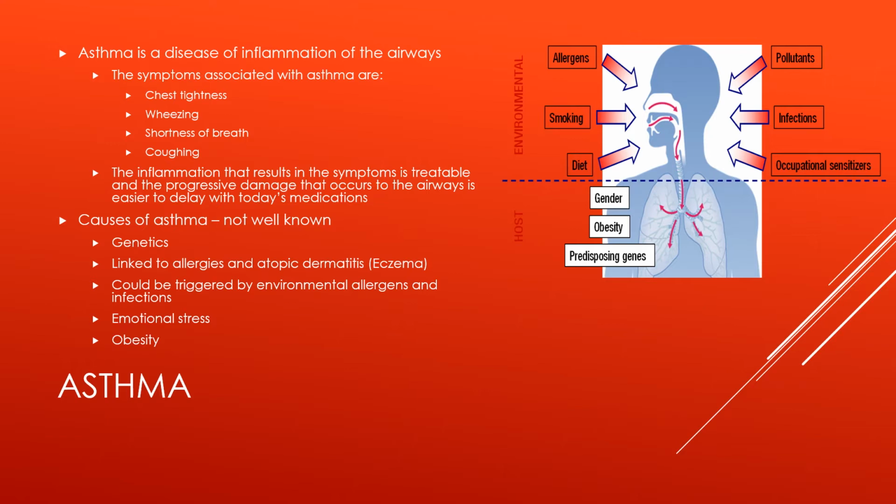So what causes asthma? What are some of the well-known causes? Number one, there is a genetic component to asthma. A lot of people who have moms and dads who have asthma, or uncles and aunts, could end up getting asthma. There are other reasons why you get asthma. For example, you could be allergic to allergens. Allergens could be dust mites, pollen, or cigarette smoke. And some people actually get an asthma attack from diet. Certain foods you eat can really result in chest tightness.